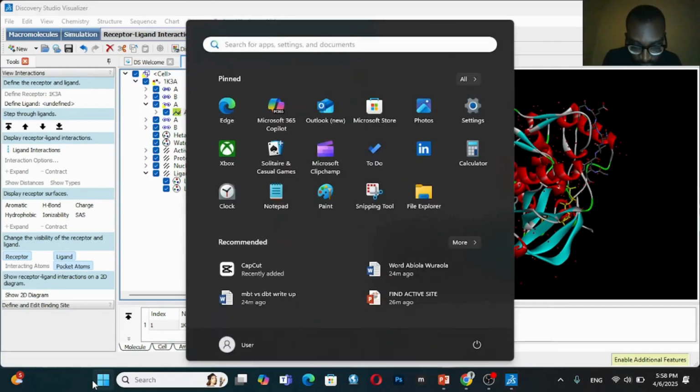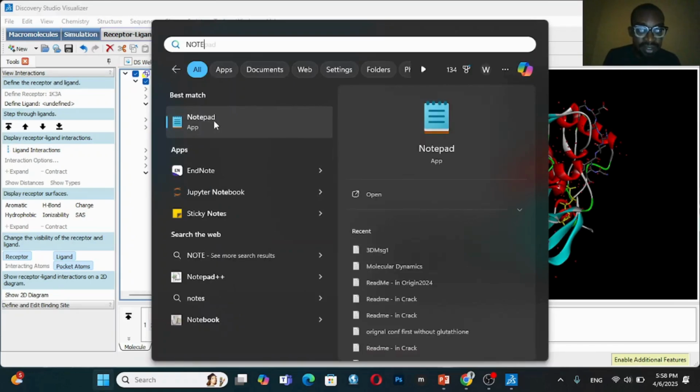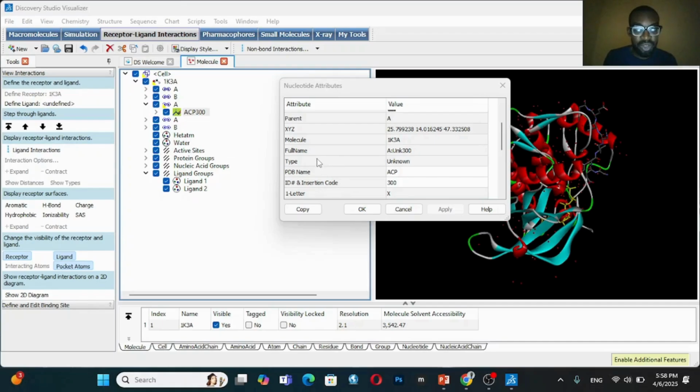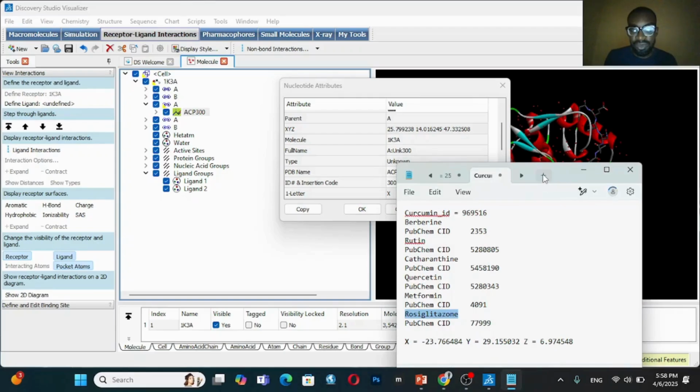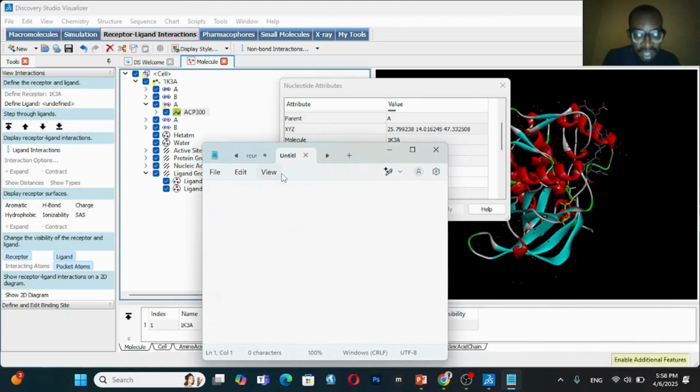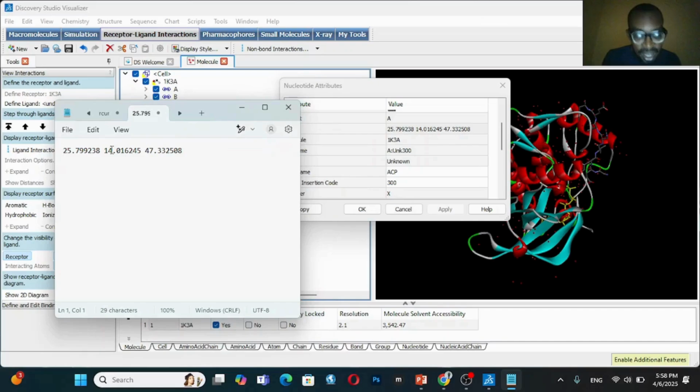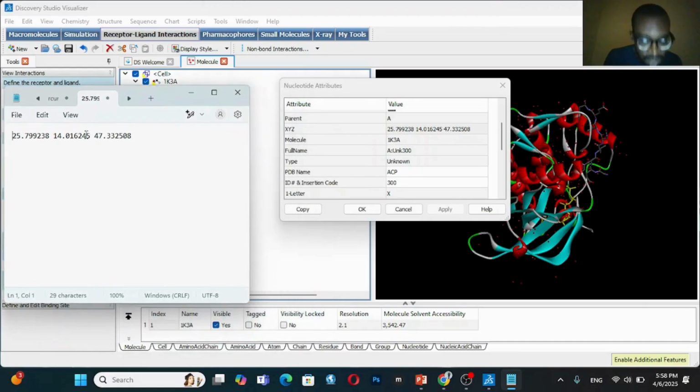So what I often do is to open a notepad. Control N, and then I can paste it there. So using this is X. Remember, it's XYZ. Don't forget it's X. So X is equals to this, Y, and Z equals to this. So you see, you've obtained the dimensions, and then you can work with a grid box of